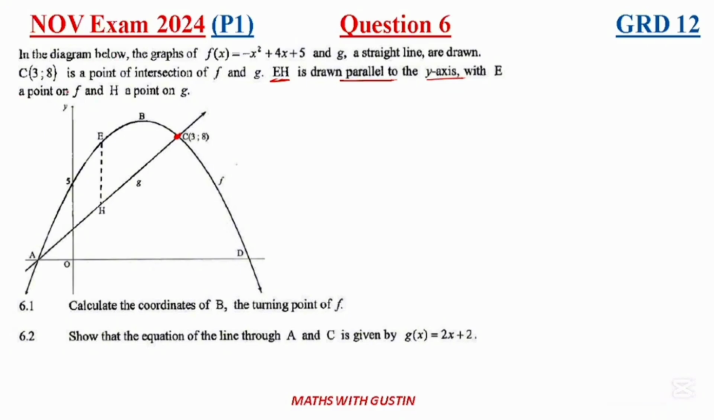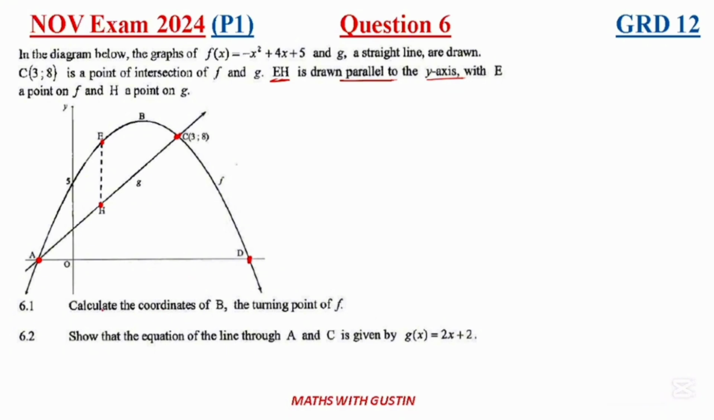E a point on E on point F, and then H on point G. All right, there we go. We have got these 2 points here. They are given to us. We can already see that A and D are the x-intercepts of the